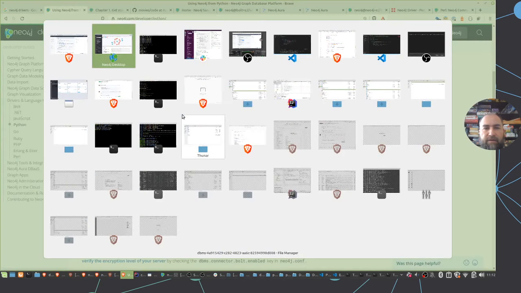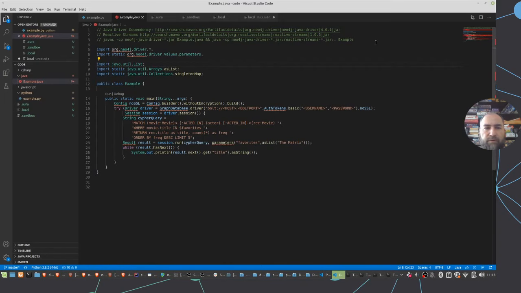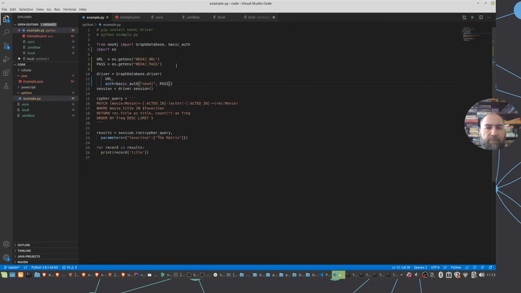So let's get started with a quick example. I have my VS Code here. Let's see if this is the right one. Yeah, so here we have our Python example. I just changed it a little bit to get the Neo4j URL and password from the environment, so we can connect to the different databases. We get a driver here with this URL, neo4j as the user and the password, and then we create a session, and then we can call session.run, and the Cypher query is passed in, and a parameter